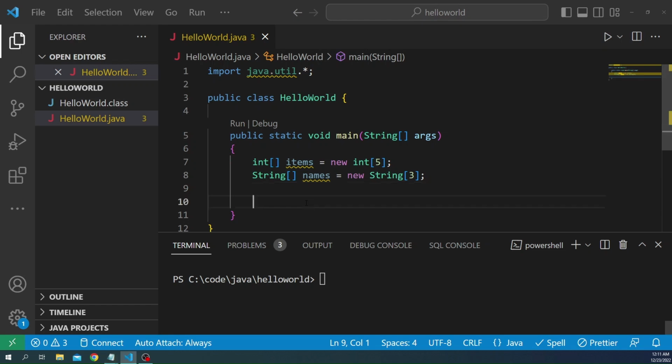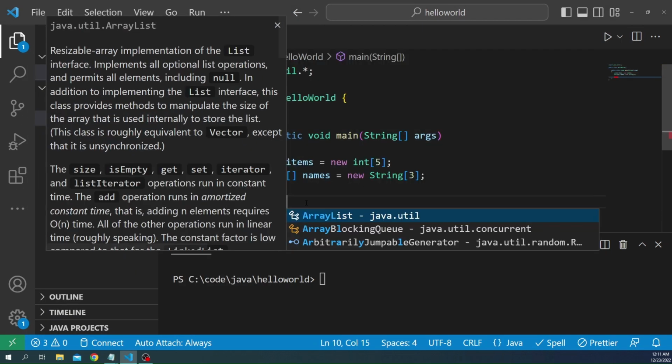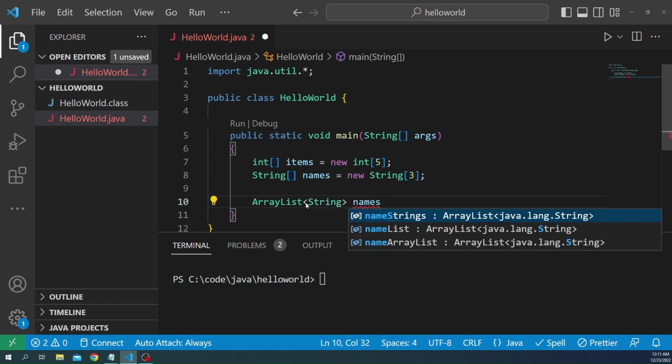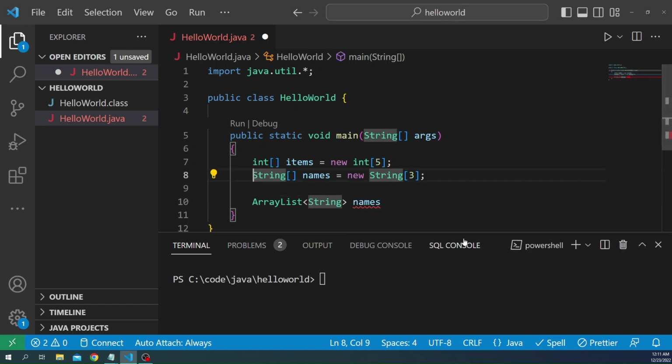To declare ArrayList, we can use the class ArrayList, and it's a generic class, so we can use the triangular brackets and define the type we want to use it for. So for example, here we want to create an ArrayList of String, and we can name it as names, just like the names here, which is an array of string. And then we can say equal to new